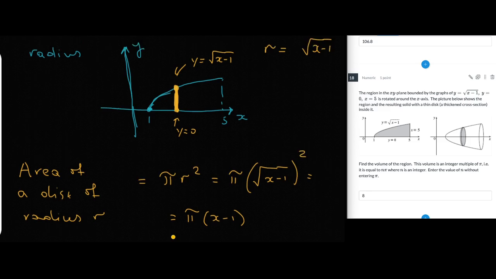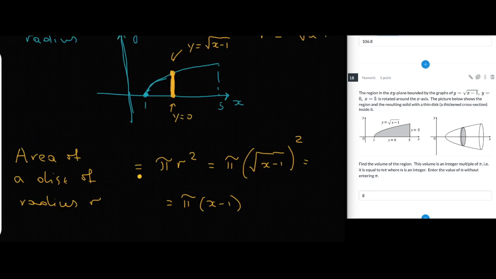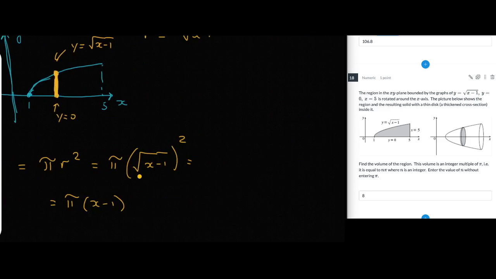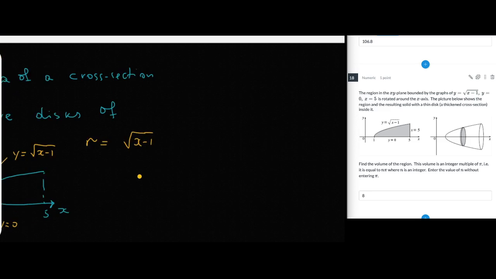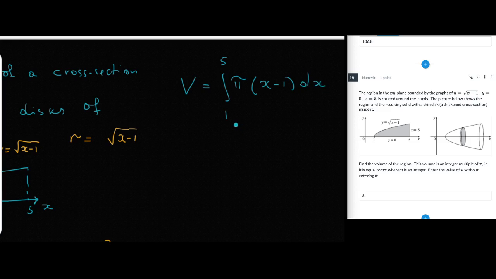And what our principle says is that if we want to calculate the volume of the solid, we just need to integrate this area of the cross-section with respect to x, because x in this case is the variable that determines the position of the cross-section. And so the volume of our solid will be integral from 1 to 5 pi times x minus 1 dx. Now, of course, I can factor out pi. Pi is a constant. I can pull it outside of the integral, and then it's easy to integrate term by term. But just for the sake of